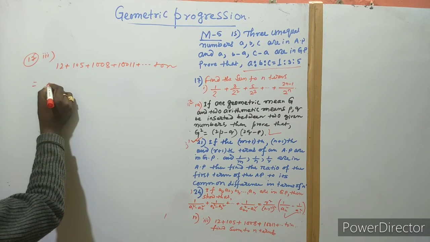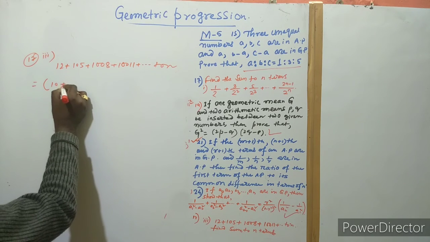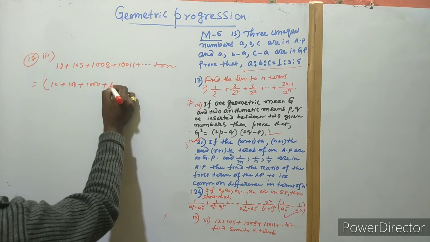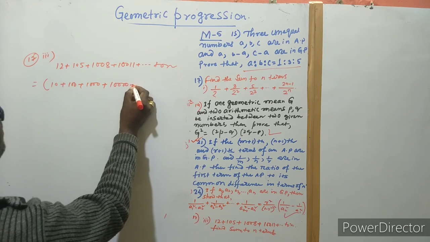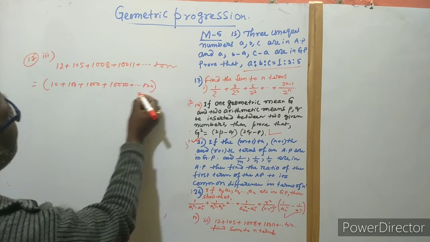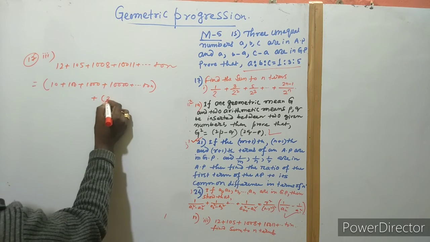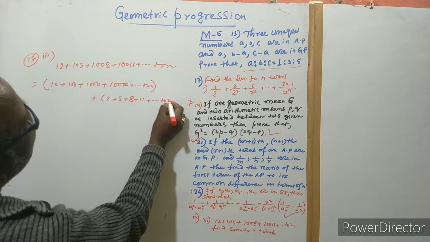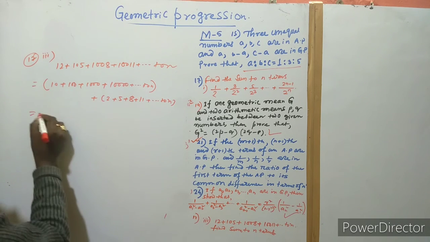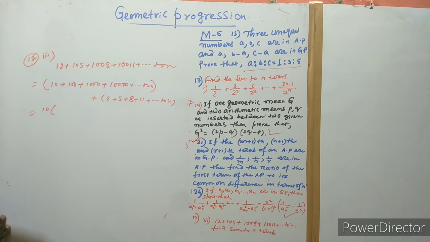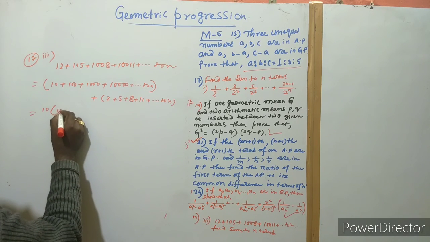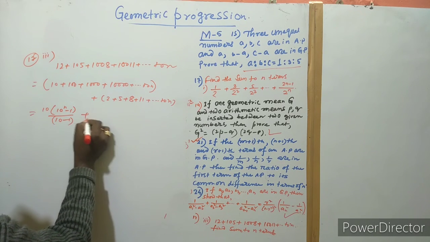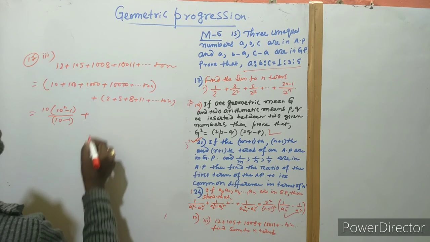Okay, and now we write here 10 plus 100 plus 1000 and 10,000 dot to n. After that, we have left 2, 5, 8, 11 to n. Okay, see, this is a GP series whose sum is: first term is 10, ratio is 10, so 10 to the power n minus 1 by 10 minus 1. See the calculation here. And this is an AP series whose sum up to n